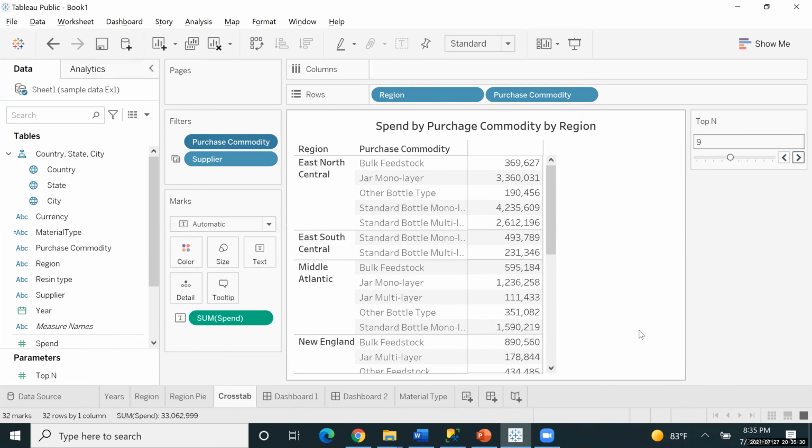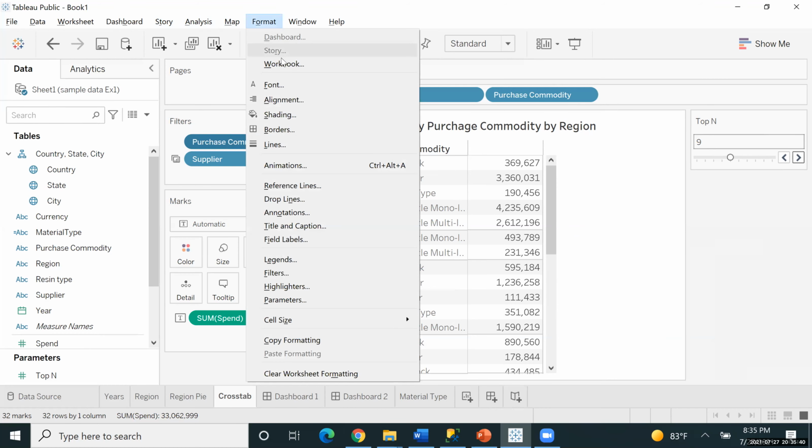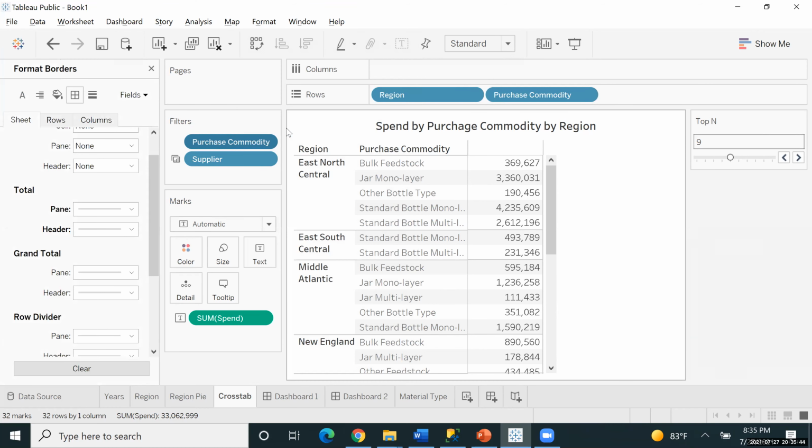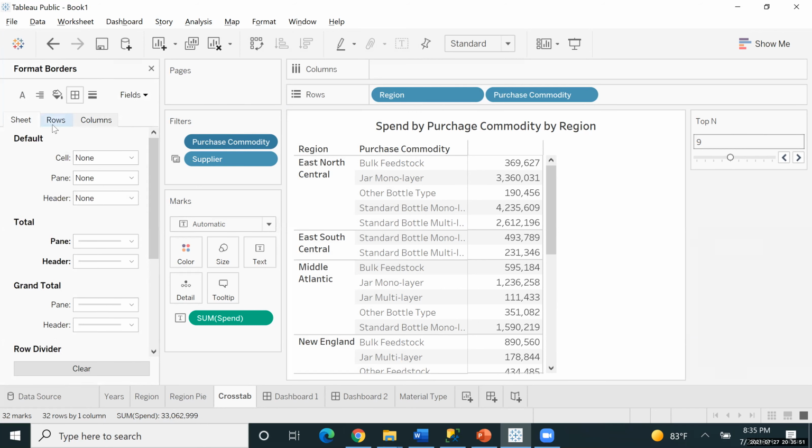And how can we add borders for this crosstab? For borders, you can just go to the top, Format. There you find borders. Oh, here. Now on the left side, you can select wherever you want to put the rows, columns. All the borders have come out.